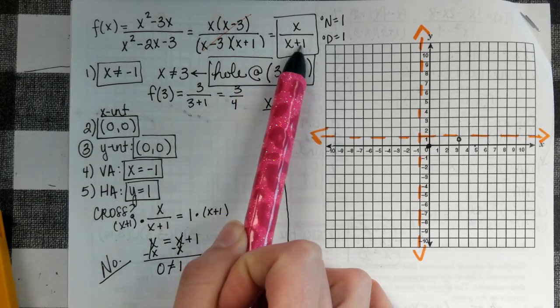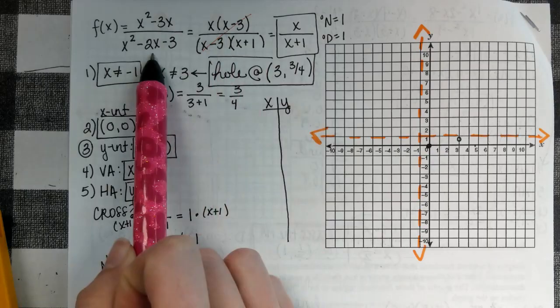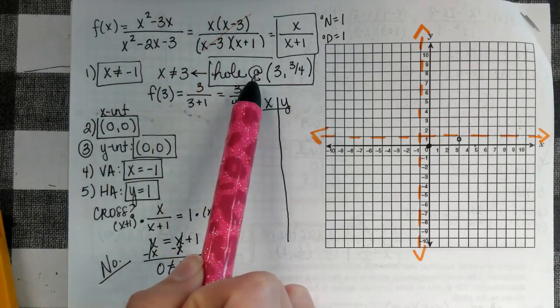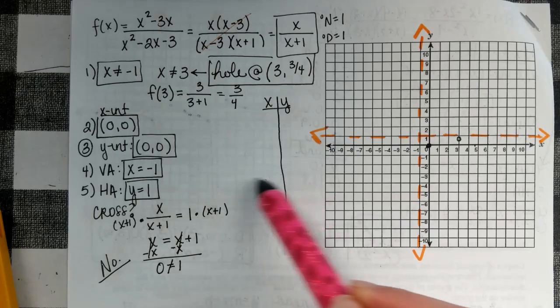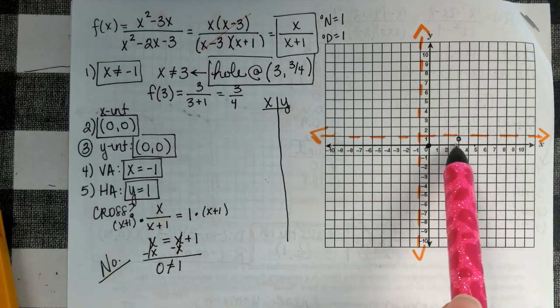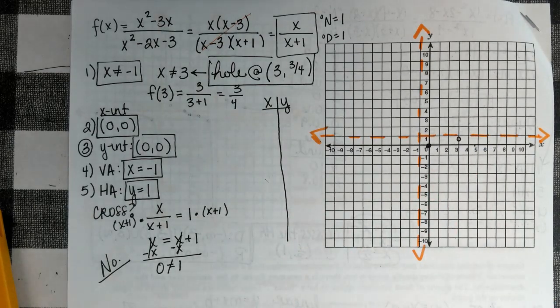Okay? It does not matter which one you choose as long as you remember in your table there is no 3, 0.75. That's a hole. Okay? So it doesn't matter. You're going to get the same graph either way. Okay? So if you want to go ahead and just do the original,